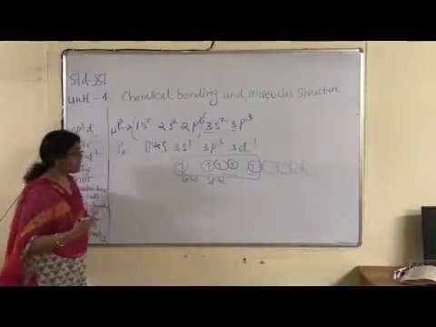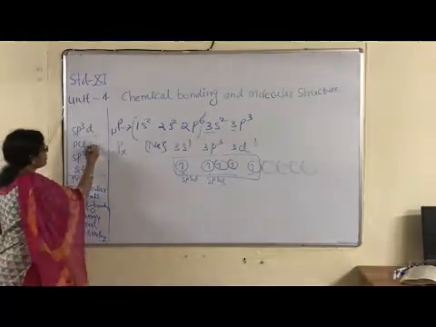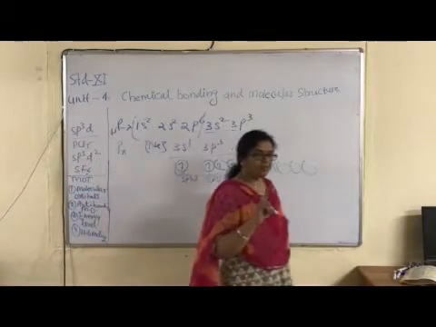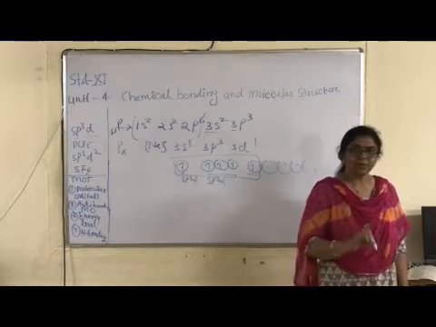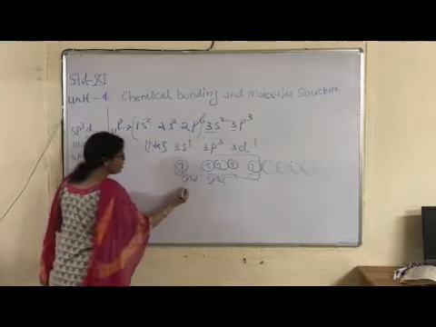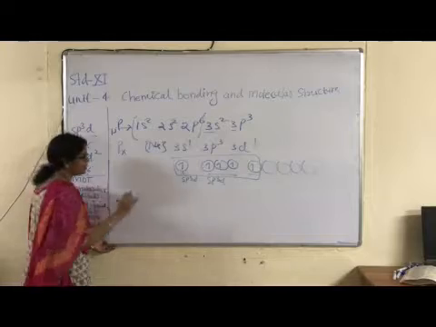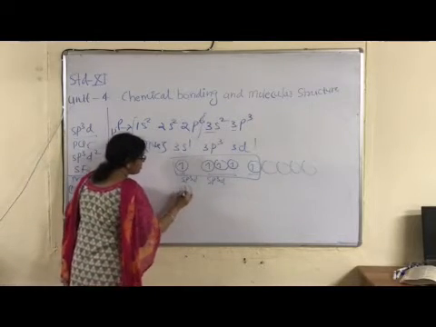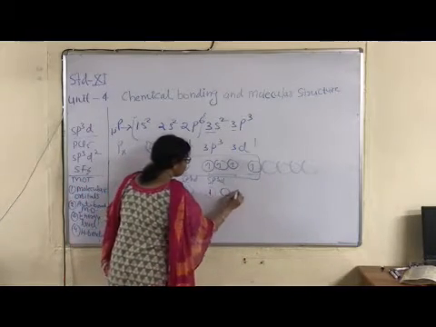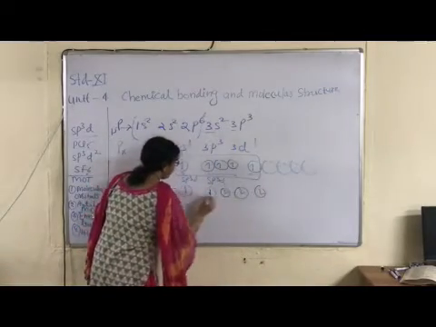Okay children. Next step, last step of bond formation is overlapping. 5 chlorine atoms are present, right? How many valence electrons are present? In valence shell of each chlorine atom, 7. Only 1 electron is required for completion of its octet. So I am writing only the half-filled orbital of each chlorine atom, like this, with opposite spin. This one is upward, downward, downward, 1, 2, 3, 4 and 5, with opposite spins, right?